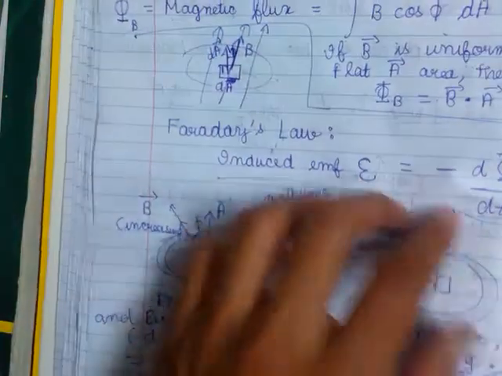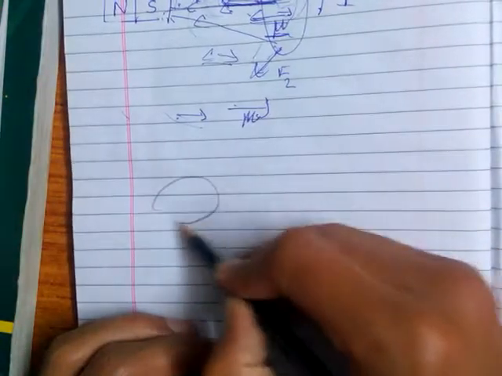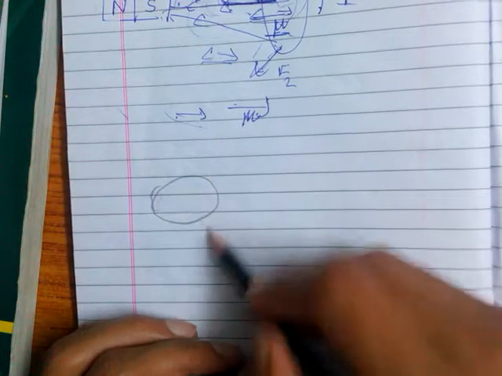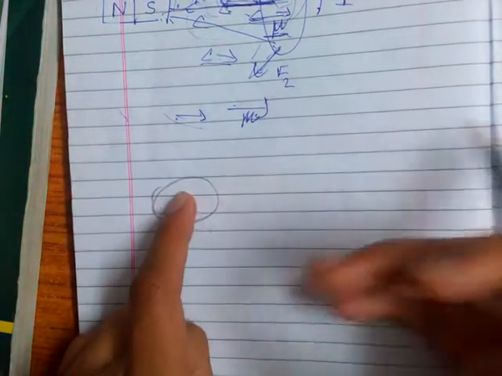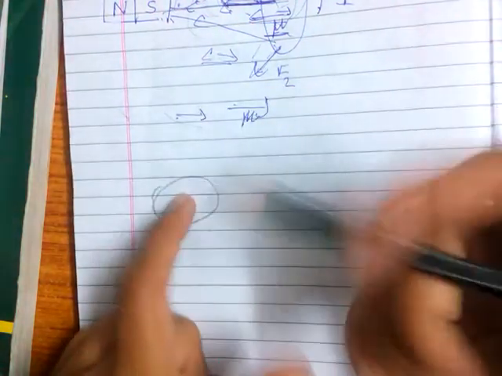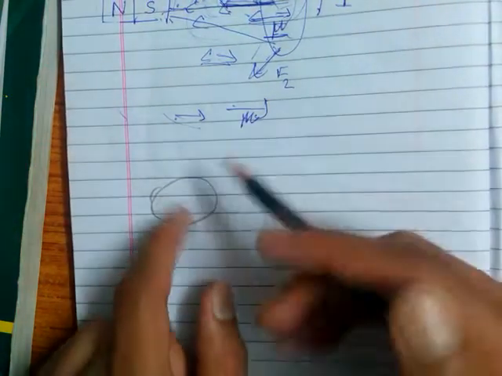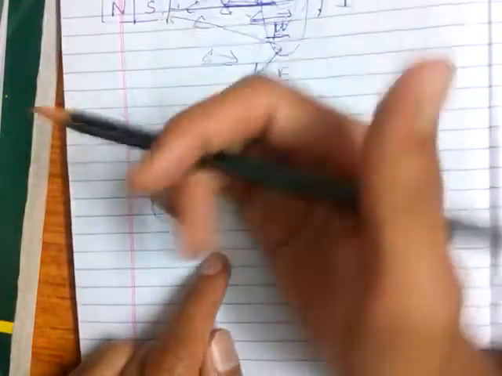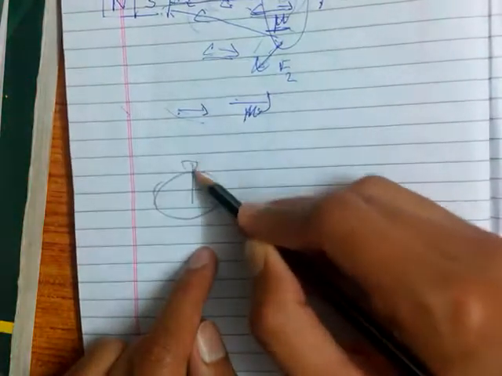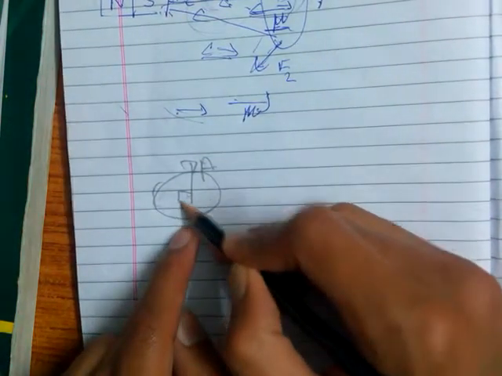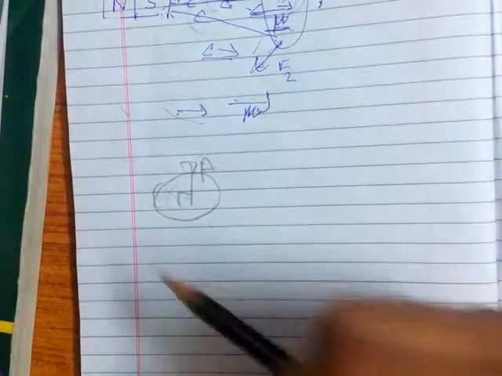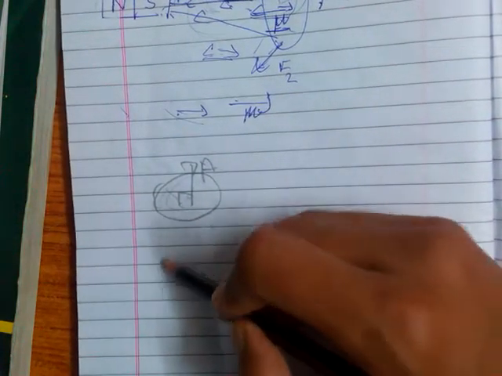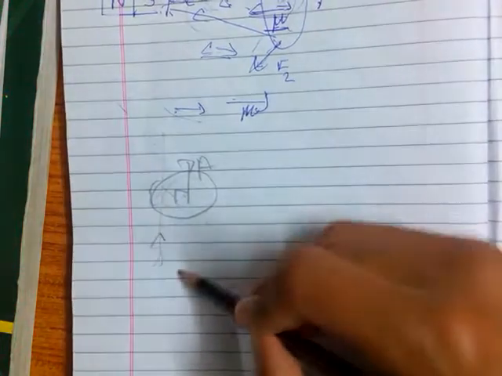So I need to clarify certain things about flux. First of all, we have, say, any closed conductor loop. We have to assign the direction of the area vector. Okay, so first of all, you need to specify a direction in which you would want A. Say this is the direction of my area, perpendicular to the plane of this loop. Okay, then if the field is like this, in this direction,